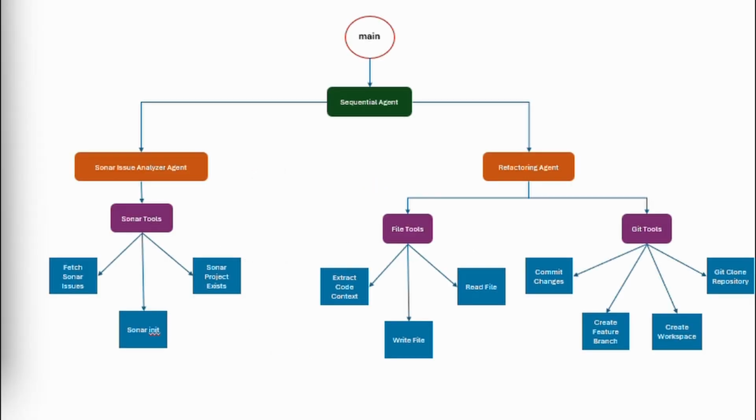Now let's look at the architecture. The system is driven by a sequential agent pipeline. The sequential agent coordinates the entire workflow: analysis, refactoring, and code updates. It acts as the central controller. It triggers the Sonar Issue Analyzer agent first, then hands over the results to the refactoring agent, ensuring a smooth,